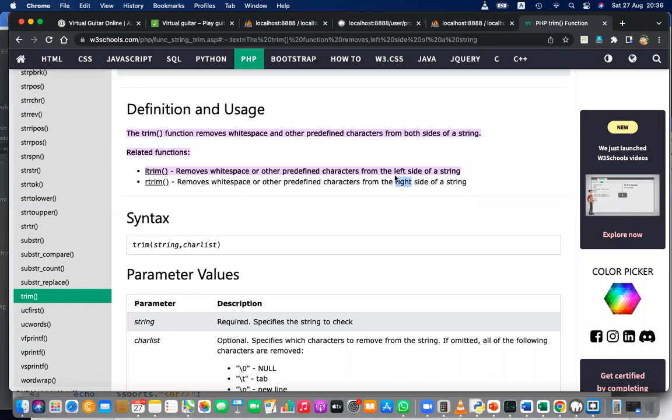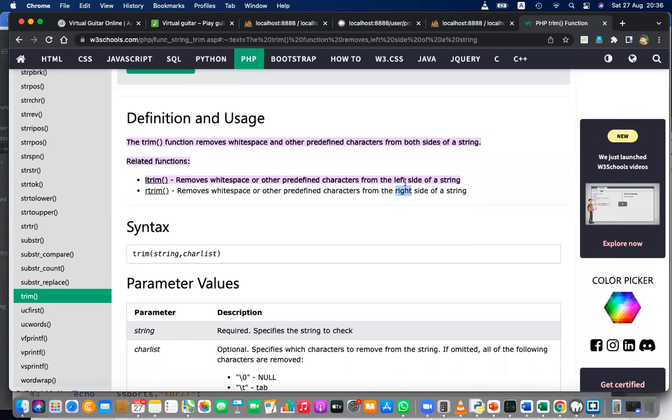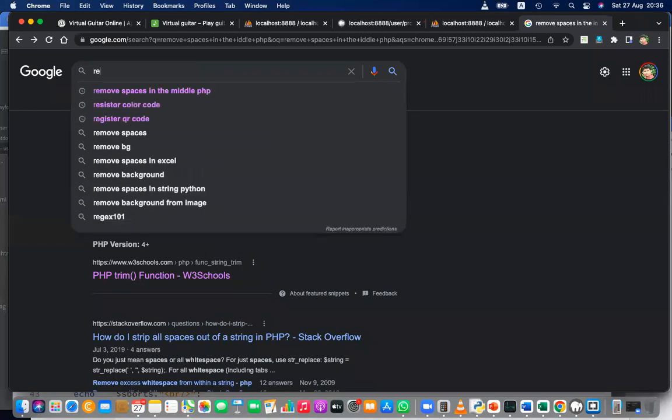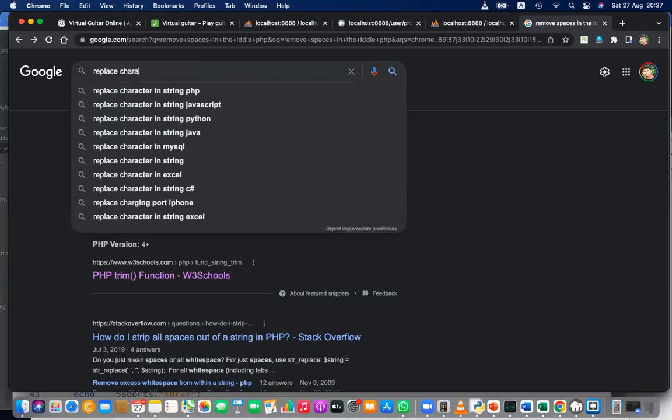This is left trim, right trim. That is not going to help me. That's why I'm not using L trim and R trim. That won't help. Then what can we do? I think we can replace the string. Replace characters